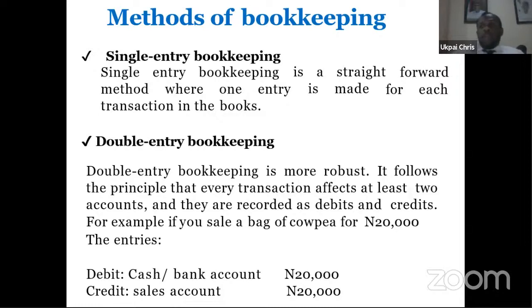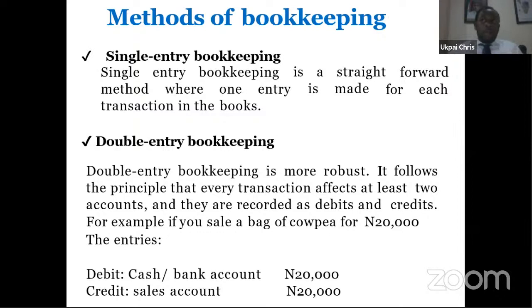If I come to your shop, you are producing garri, fish, or let's take garri for example. I come to your shop to buy garri in bags. Let me say one bag. Am I communicating? You give me one bag of garri, I give you money. Is it not true? These are two-way transactions. And I have mentioned it. In your sales book, you record that you have sold that one bag. That's the credit entry in your own book.